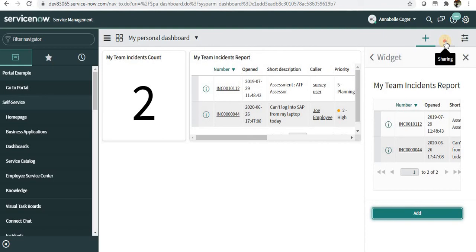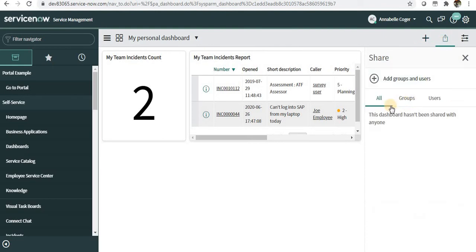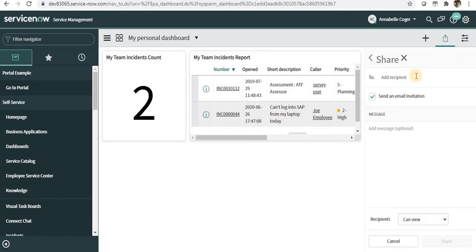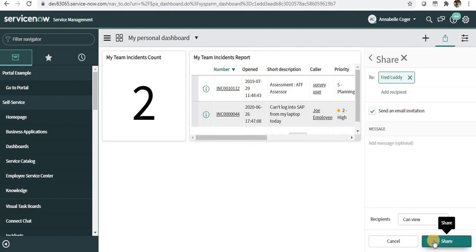Alternatively, you can also share this dashboard with all people, or maybe a certain group, or maybe a specific user. If you want to share this dashboard with some other user, for example Fred Luddy, just click share here, and you can even provide them can view or can edit rights as well.